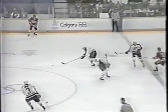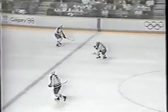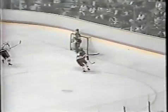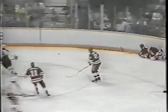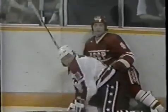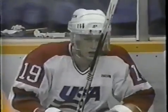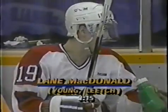Stelnoff renvoie au centre, c'est pris par Todd Okerlund et à Norton plus loin. Et lui renvoie jusqu'en territoire soviétique où c'est pris par Craig Janney. La rondelle est retenue sous le poids. Et Jacques, c'est ce qu'on appelle couvrir son homme. Si les Soviétiques ont commencé à jouer au football, c'est la tactique du plaqué qui a été...